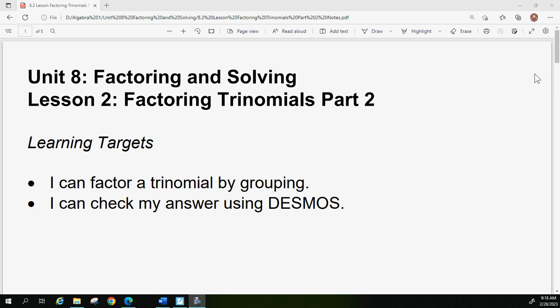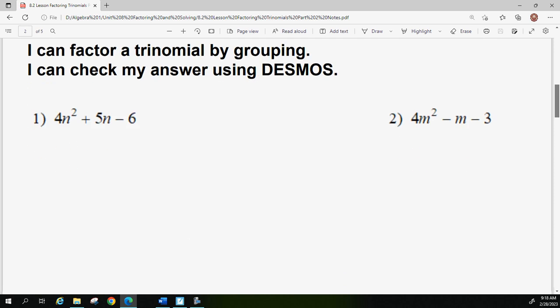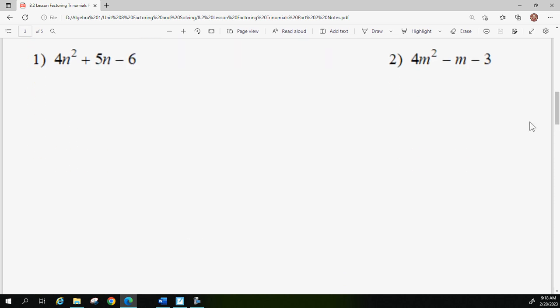Hey, today we're going to continue talking about factoring trinomials, and this time they're going to be slightly different. The majority of our process is going to stay the same, but this time you can see the first number at the beginning is not 1. And so what we did in the last lesson is we labeled our A, B, and C, and then we went down here and we documented what is B. B is 5, and then we wanted to multiply A times C,